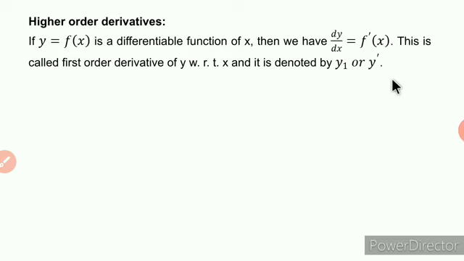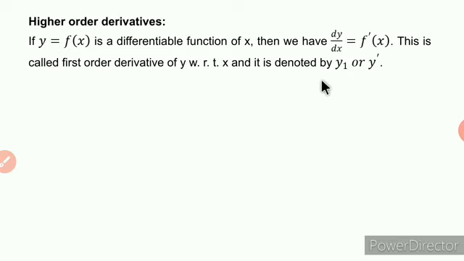If y is equal to f of x is a differentiable function of x, then we know dy by dx is equal to f dash of x. This is called the first order derivative of y with respect to x, and it is denoted by y1 or y dash. This we know. Now students, if this derivative f dash of x is again some function of